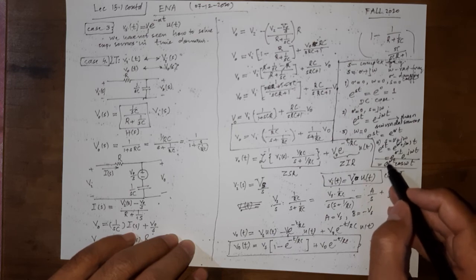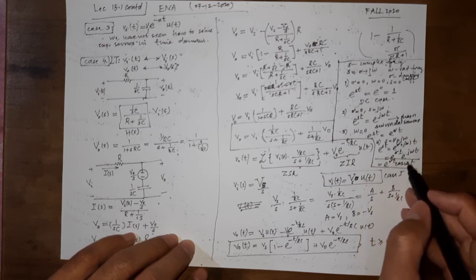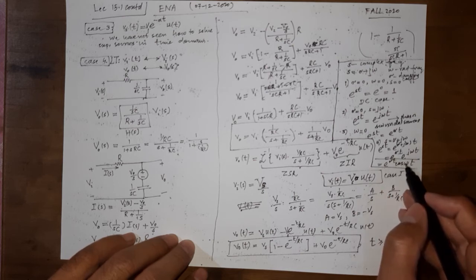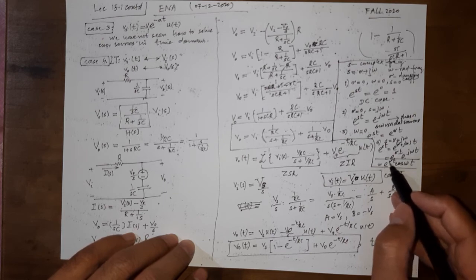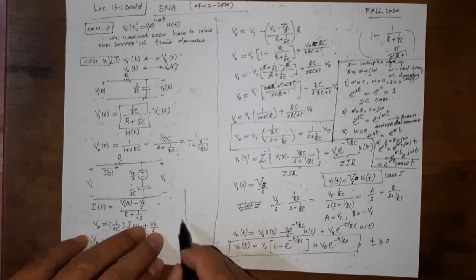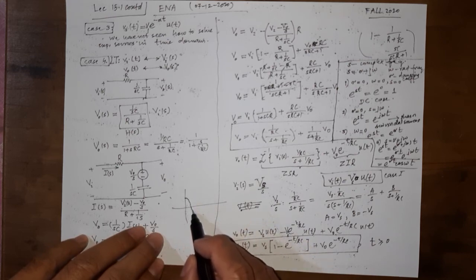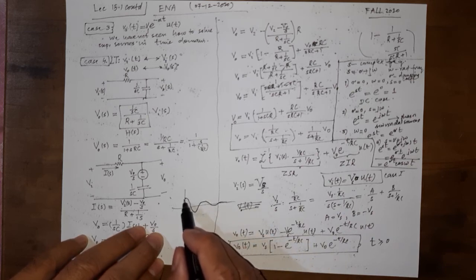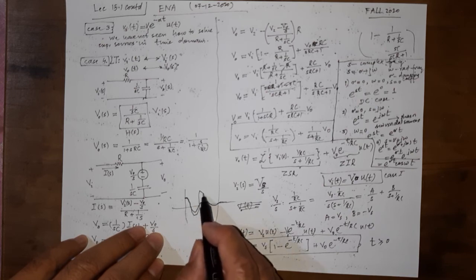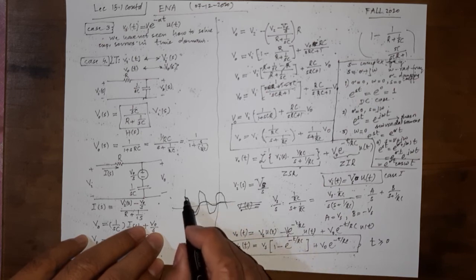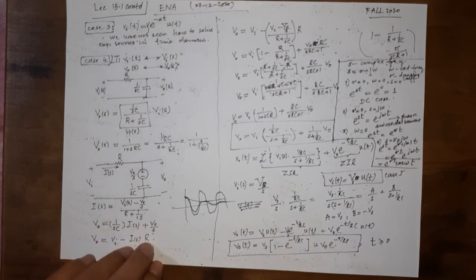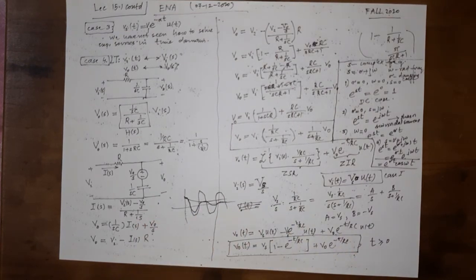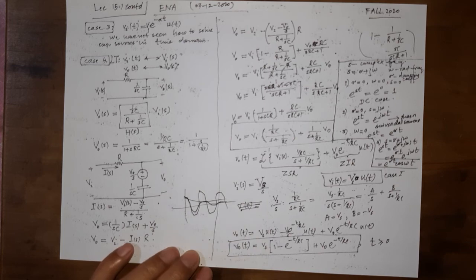If sigma is 0, then it is a sinusoid. If omega is 0, then it's an exponential. If sigma is 0, omega is 0, it's a constant. If both are not 0, then it is a sinusoid that is decaying with time. Let me just draw it here for a moment. So we have a sinusoid that decays, because a pure sinusoid is multiplied by a decaying exponential. So when both are multiplied, the later part of the sinusoid gets smaller and smaller, and it is a decaying sinusoid.